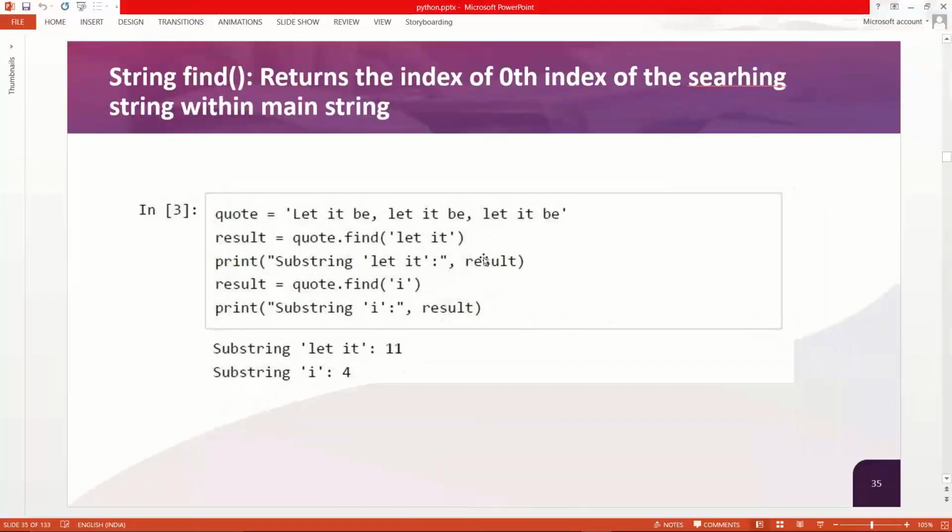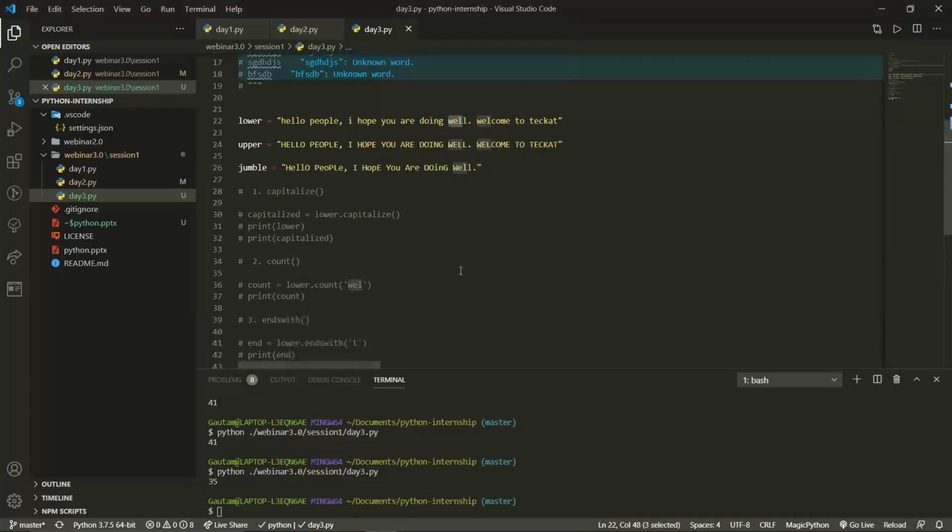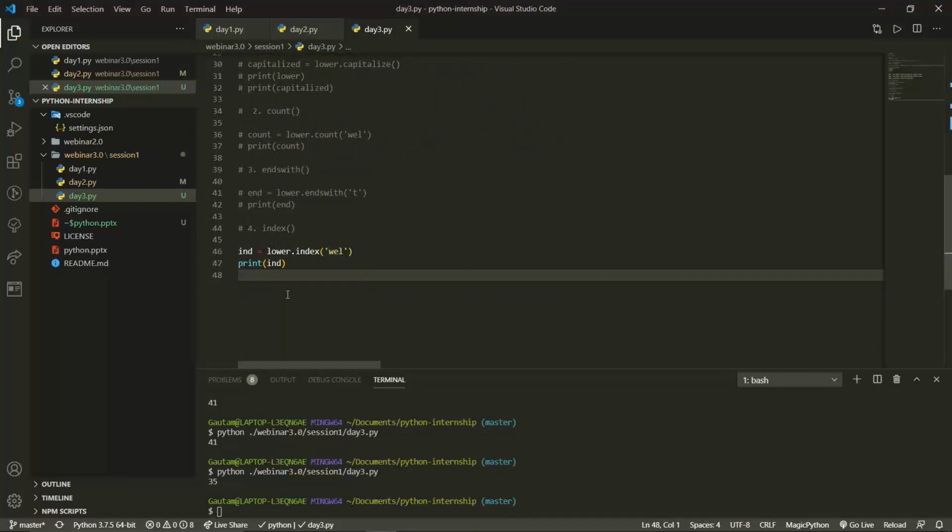Okay. Now, similarly, we have the same thing for find. Find is also the same thing. With the find function, we get the same values. Now you must be thinking that if we have the index function, then why do we actually use find? Let me show this also.